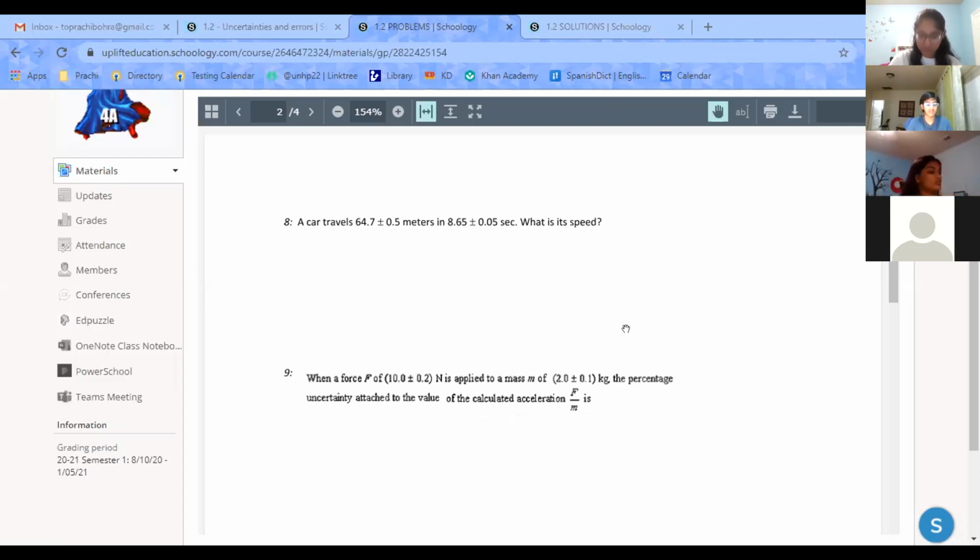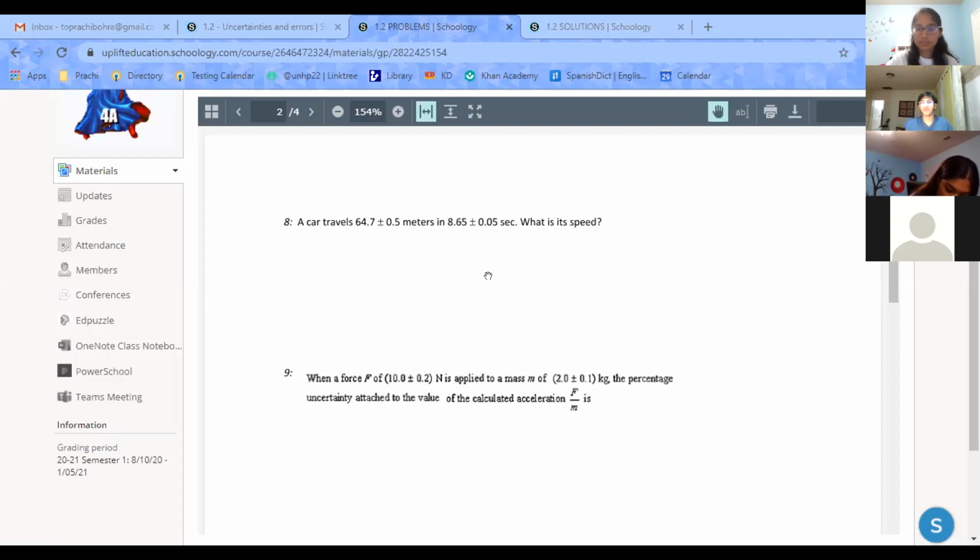I see. Okay. So if you add the fractional uncertainties for these two, I got 0.135. So that's the fraction of uncertainty of the final value. Then you multiply 0.0135 by 7.48, which is what we got when we divided the actual values, and you get 0.1 for the uncertainty. So the final answer would be 7.48 plus or minus 0.1 meters per second.